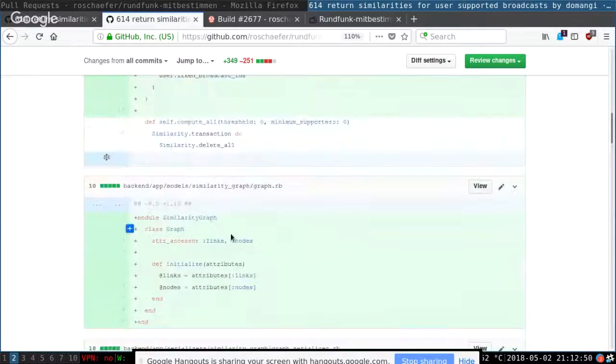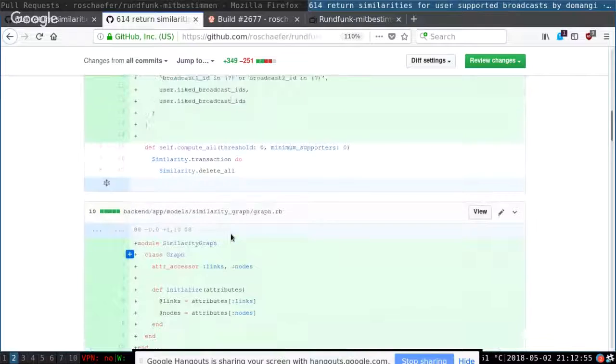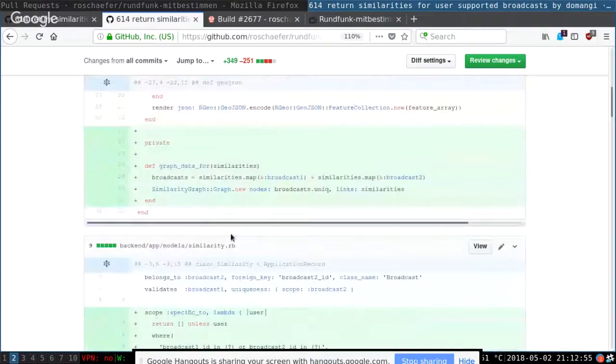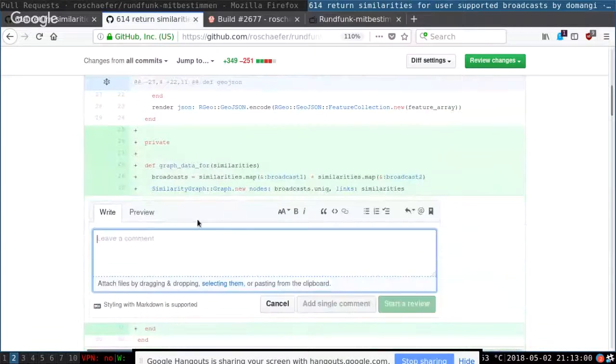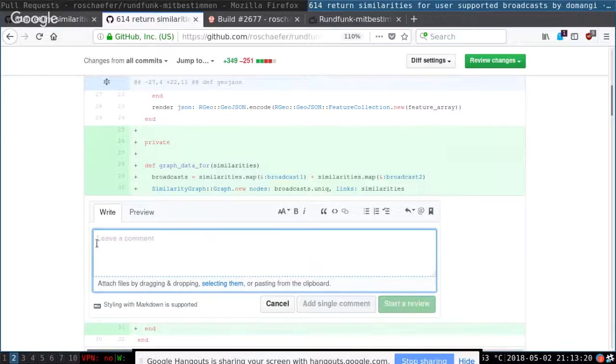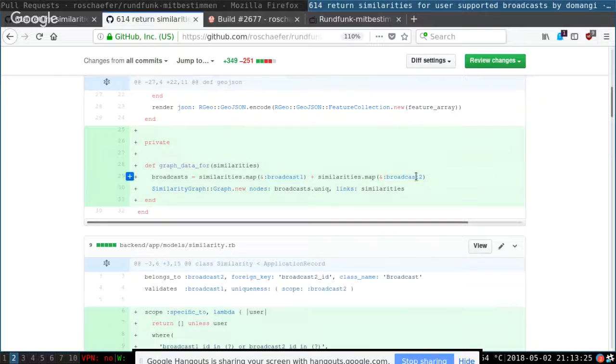So you could do something like here: return JSON and then a hash, and you say just nodes and so on, and that would be it. Okay, I agree to use serializers in this format. Yeah, I prefer serializers as well.